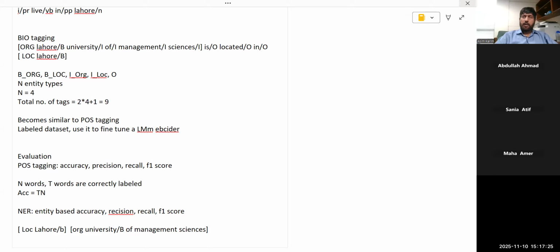So this is actually an error. But what type of error is it? Is it a false positive or false negative? Actually, it is both. Because हमारा एक्चुअल एंटिटी जो थी उसको उसने ब्रेक कर दिया, उसको एंटिटी को दो बना दिया। तो so as I said, you need to be careful in evaluating NER, and you need to evaluate by considering the full entity in your analysis. और सिंपल एक्यूरेसी करेंगे तो ये आपका एरर है। तो वन एंटिटी लाहौर यूनिवर्सिटी ऑफ मैनेजमेंट साइंसेज उसने डिटेक्ट की कि नहीं की? इसने डिटेक्ट नहीं की।